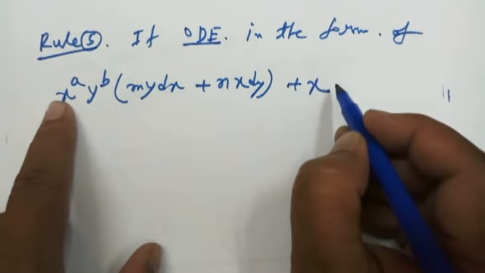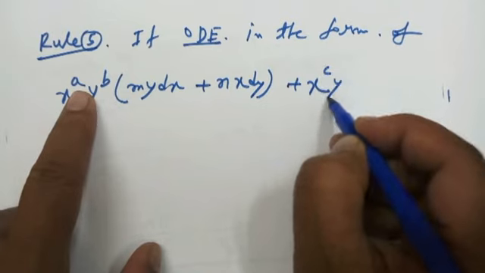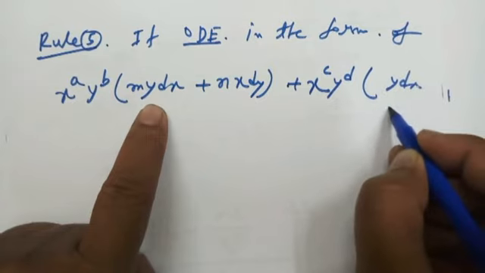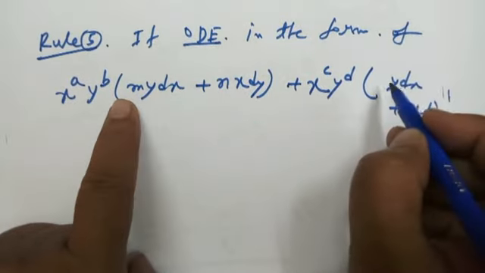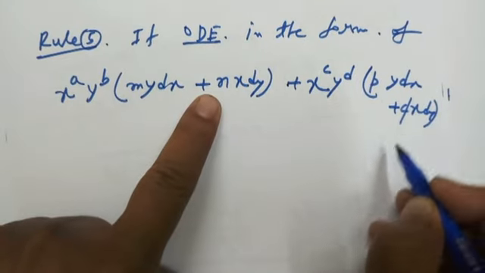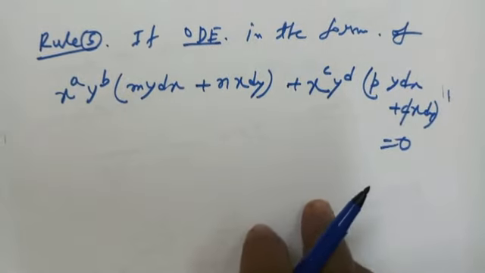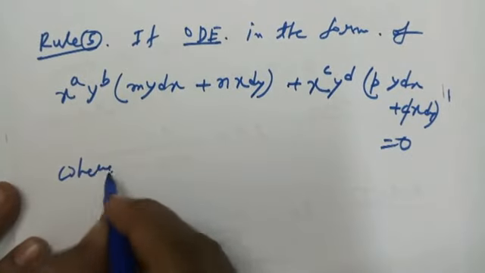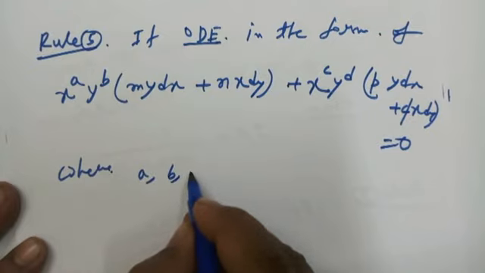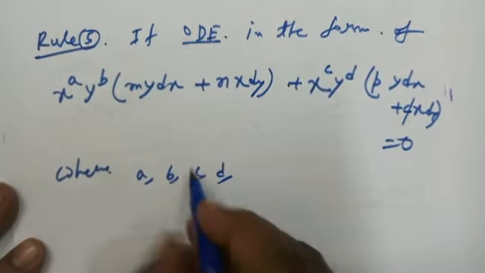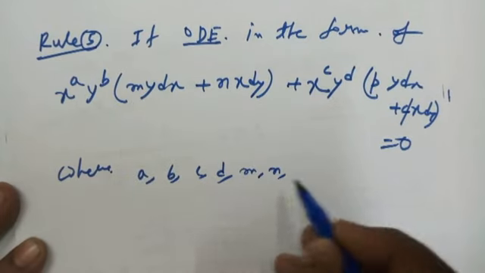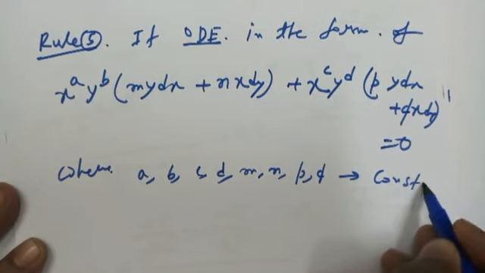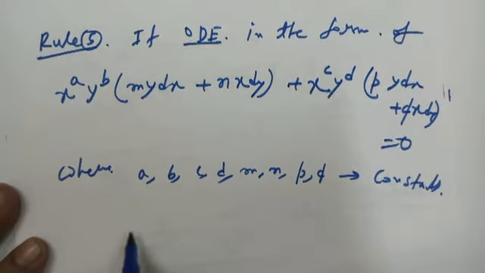If the ordinary differential equation is in this form, where a, b, c, d and m, n, p, q are all constants, then